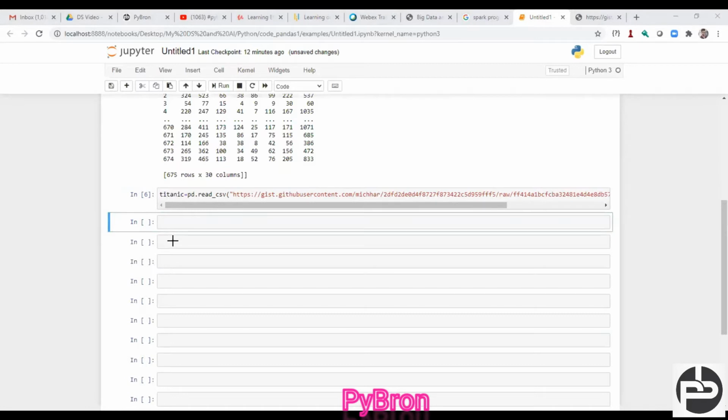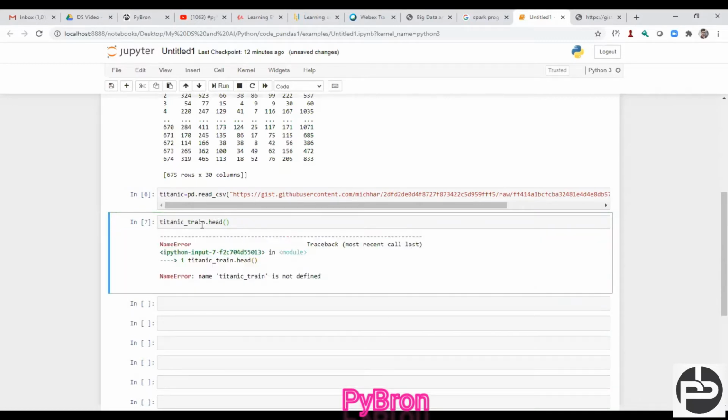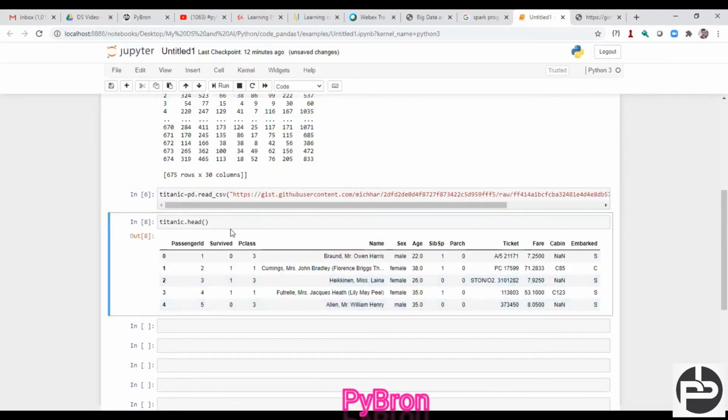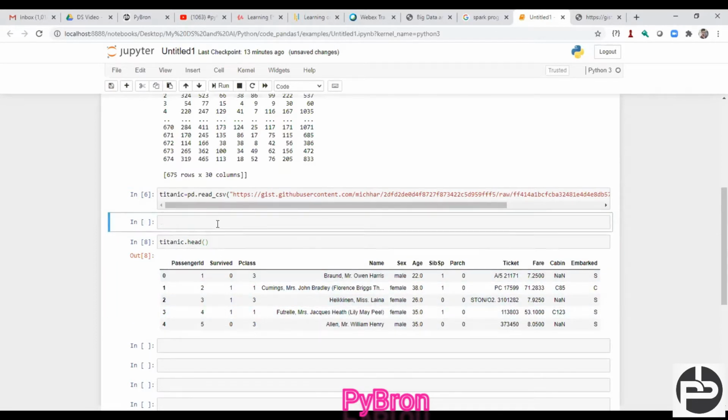There is one more method you can call in pandas, the head method. If you call the head method on the Titanic data without passing any argument, by default you will get 5 data points from the top. We have so many data points, so if you want to check how many you have, there are some methods for that. You can call Titanic dot save.